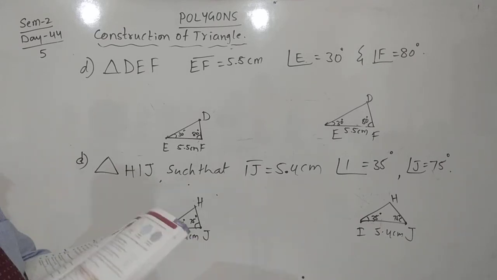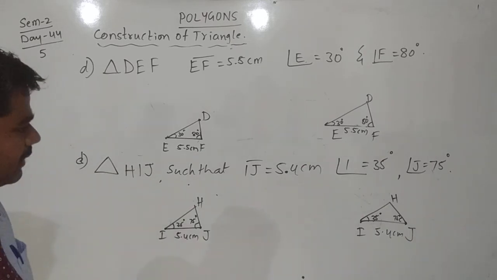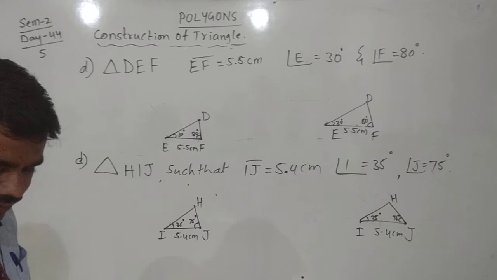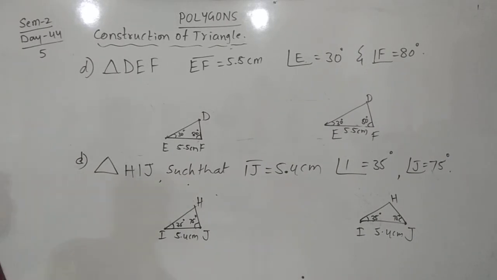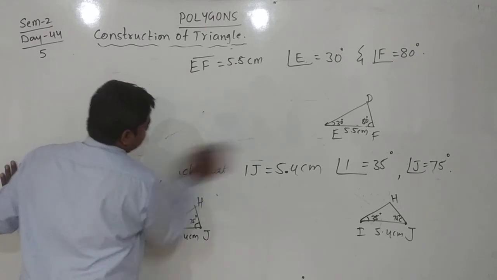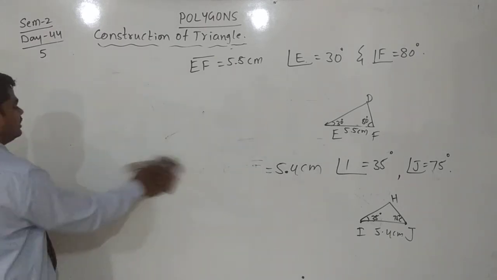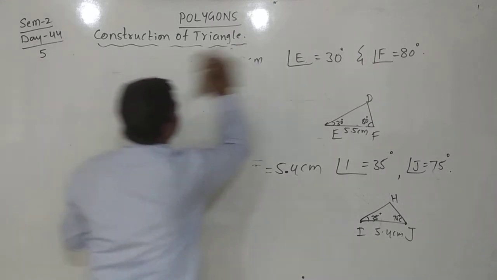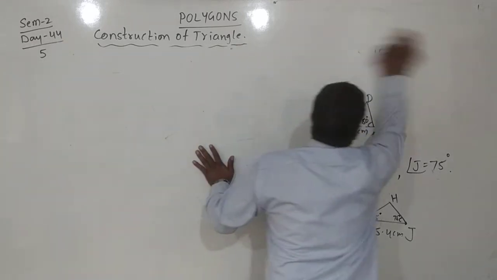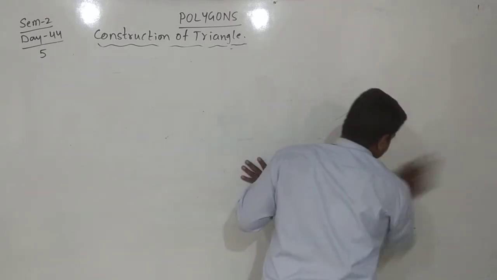And here the exercise. In this exercise, I solved 4 examples. You will see one more example. It's very easy, with two sides given with one angle. Like that, some more examples I will solve. Remaining you can take as homework.